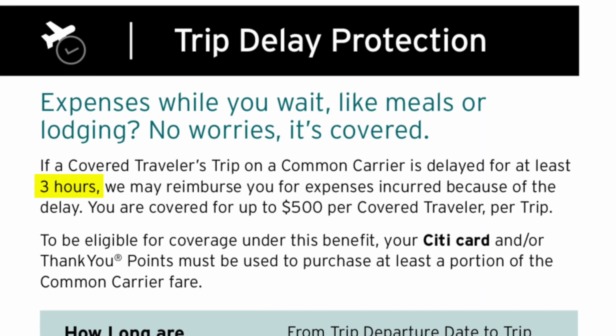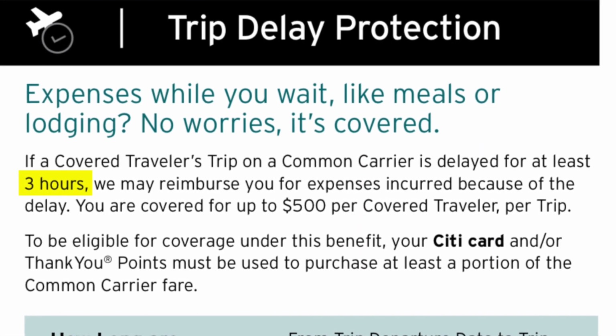For example, while most cards require a delay of 12 hours, certain premium cards offer a much shorter delay window. The Chase Sapphire Reserve requires a delay of only 6 hours, and the Citi Prestige only requires 3 hours, which is incredible. For most cards, it's a potential reimbursement of $500 per person for reasonable additional expenses caused by the